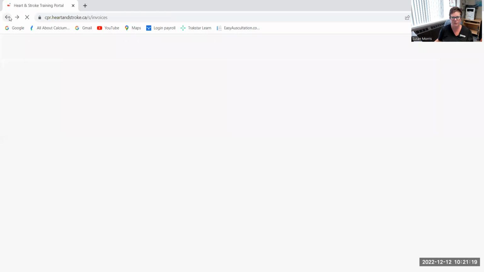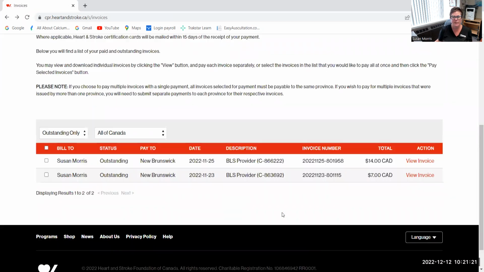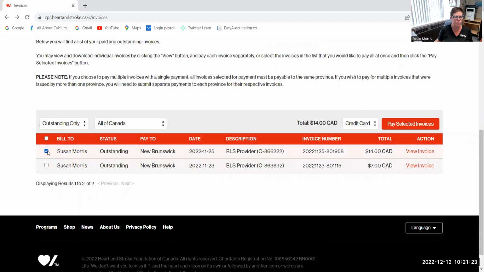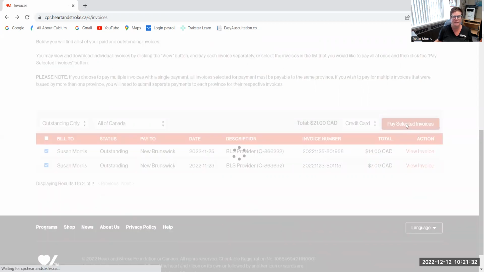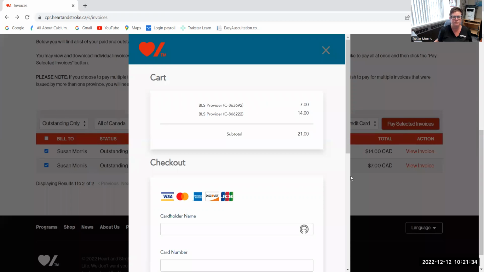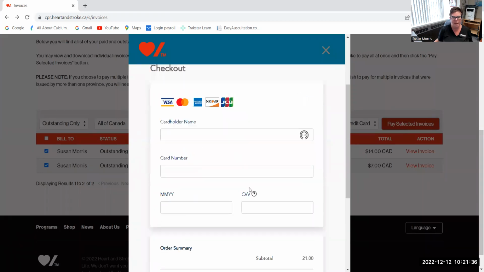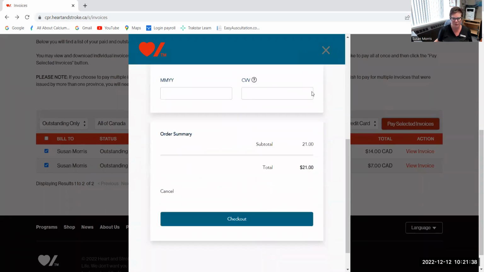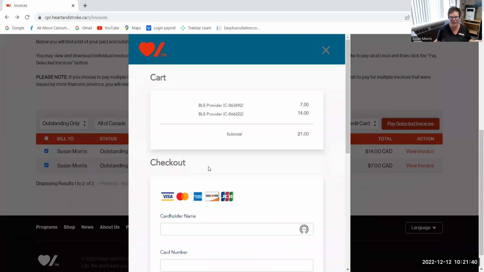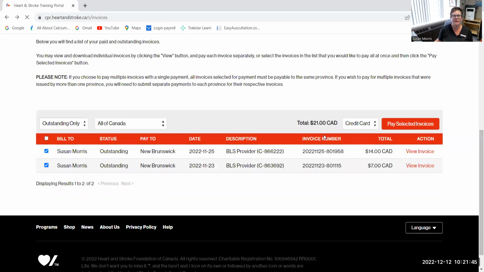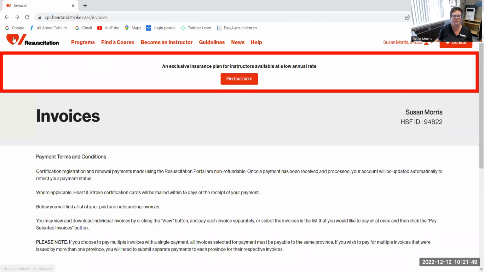So you can use a credit card. And so if I wanted to pay these, I'm going to click on them. Credit card, pay scheduled invoices. And I would do that. I won't do it online, of course, but then I would go ahead and do it in that fashion. So I'm going to go back to the main page